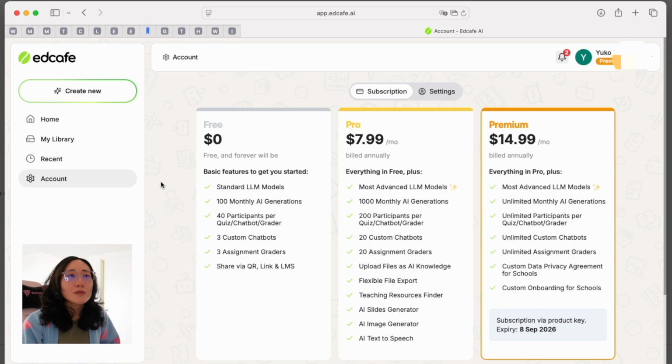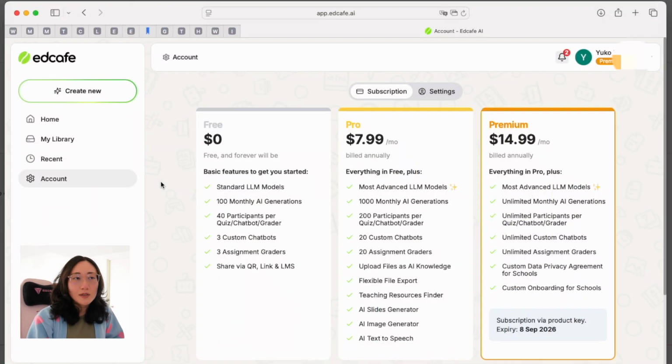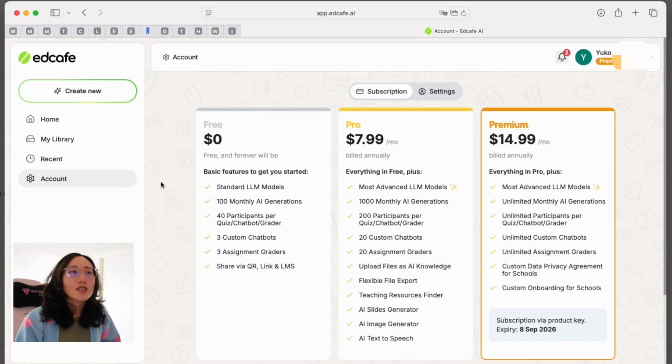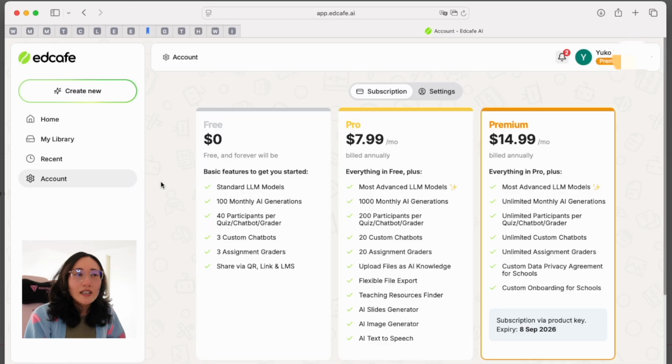For the pro version, which is $7.99 per month, I assume American, you get everything in free, plus most advanced large language models, 1,000 monthly AI generations, 200 participants per quiz, chatbot or grader, 20 custom chatbots, 20 assignment graders, upload files as AI knowledge. Flexible file export, teaching resources finder, AI slides generator, AI image generator, and AI text to speech. I am not super hot on the idea of AI generations, AI chatbots, or I think we should do that